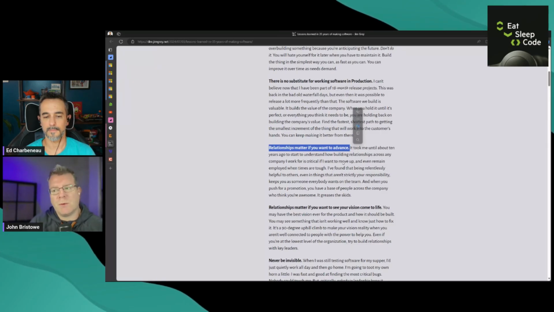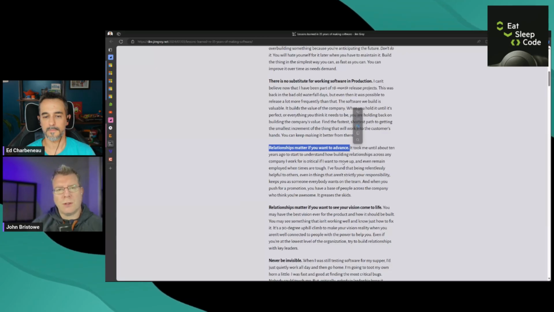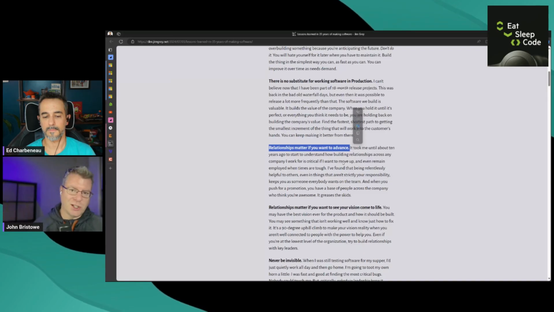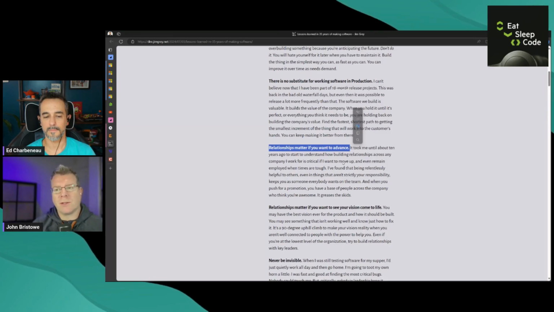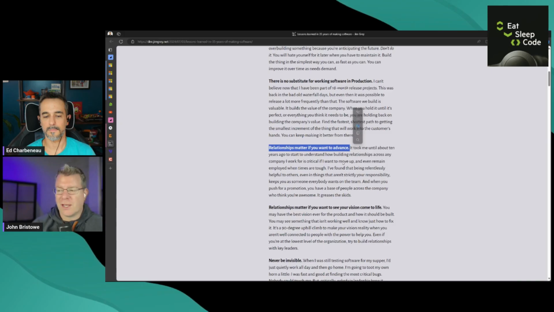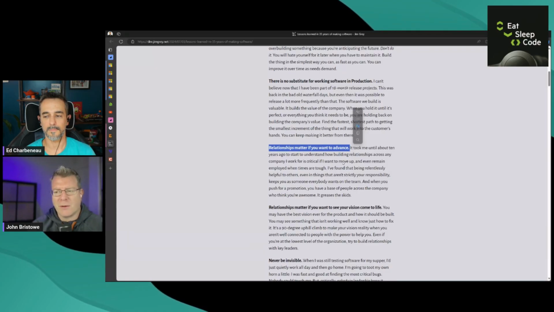These things matter, especially if you allow yourself the opportunity to talk to people about the things you're working on. What that does is it helps you in the future when, say, those people go into what we call a steel cage death match. That's another term for budgeting. So let's say 2025 is coming around, Telerik's doing its budget for your team, Ed, and they're thinking, maybe we'll hire another person to help us do a podcast, like another Eat Sleep Code 2, for example. Well, how successful is it? I don't know anything about Eat Sleep Code, because I hear that it's successful, but I don't hear from Ed.